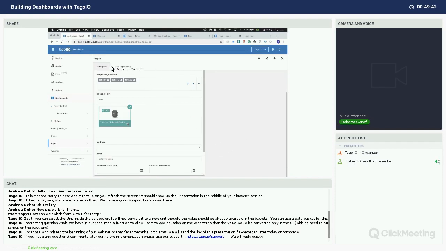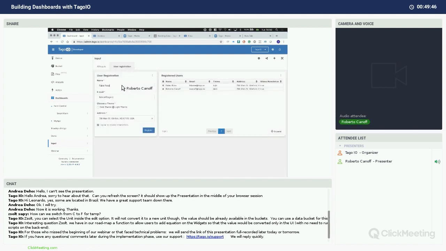And let me show you one other input form that I created. This is a more realistic form. Let's say that this is a user registration. Let's say you want to register employees in an application. So here we have a name, an email. I just added this for sure to show the radio options. So we have a dark theme and a light theme, and we have an address. So if I click here to register, it will be registered and shown here